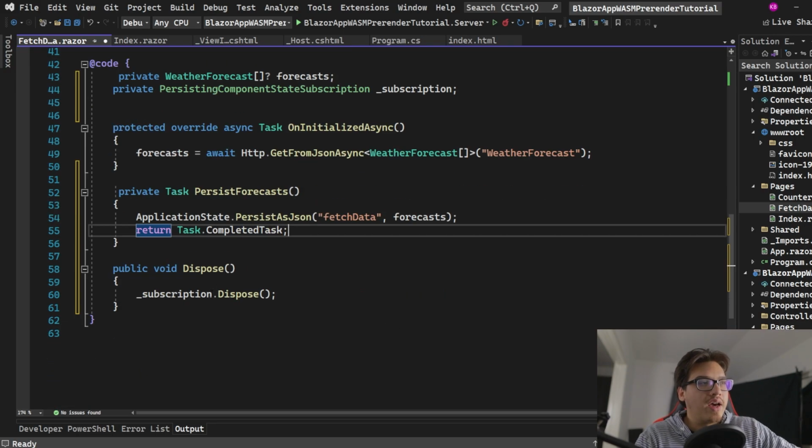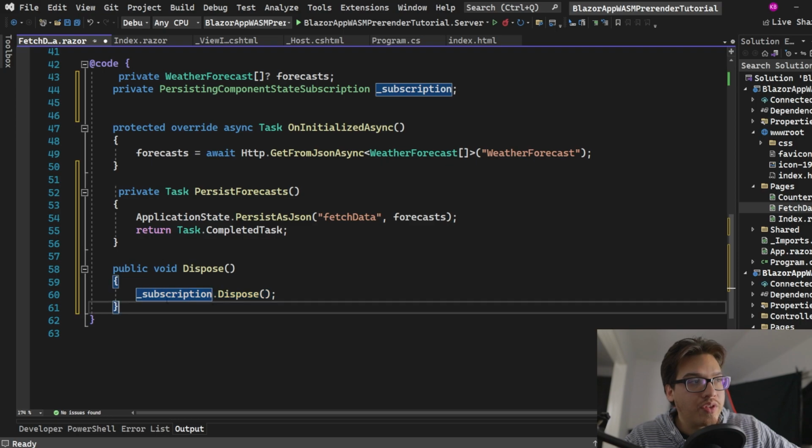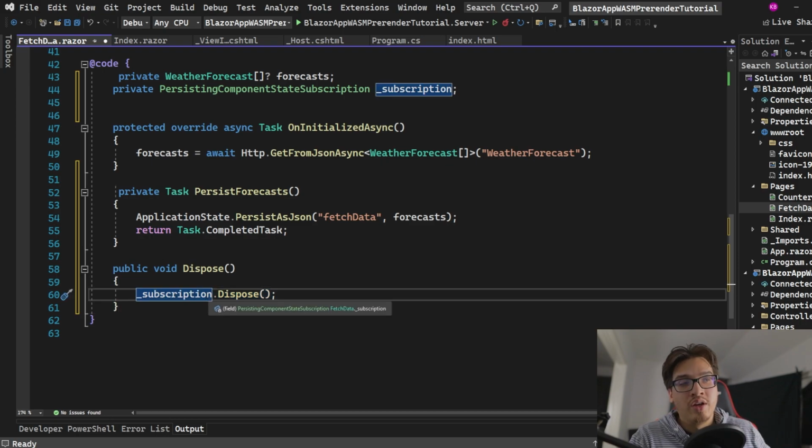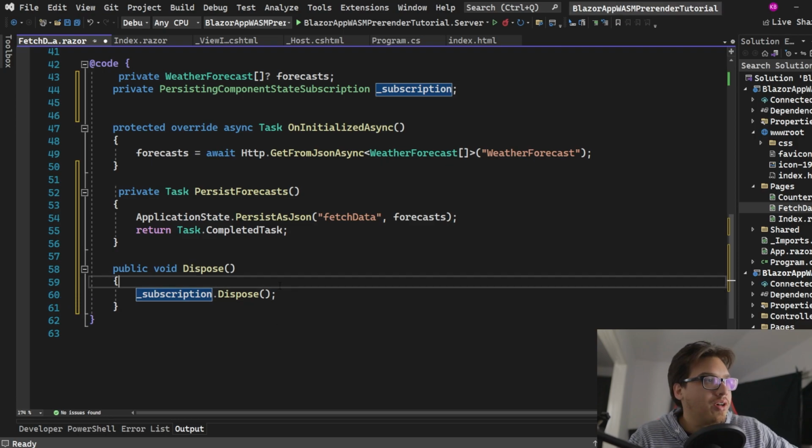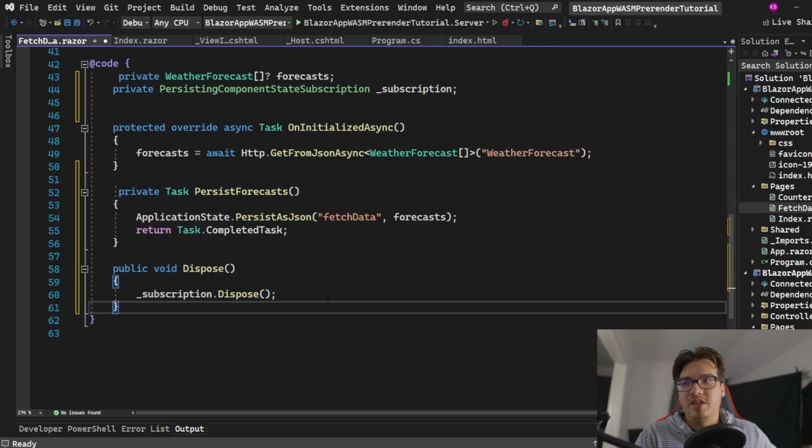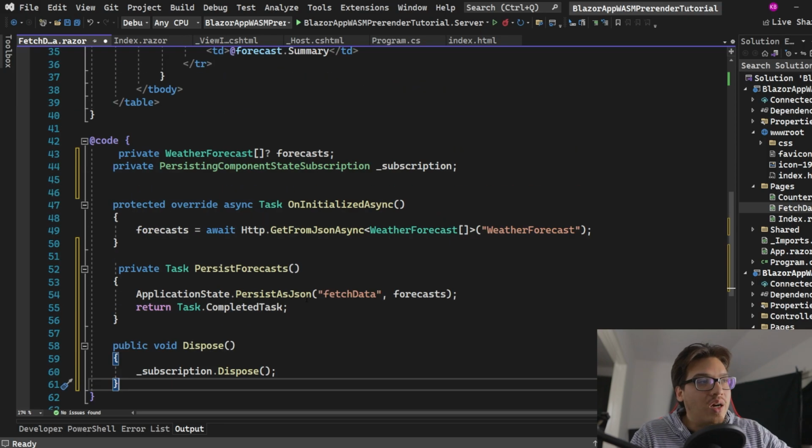So that's why you need that, and you need to dispose of the subscription, because anytime you make a subscription, you have to tell it to shut off, or else you might cause a memory leak or something like that. Essentially, you're in charge of getting rid of this at some point. It has to do with how we subscribe to get information from stateful data. That's a whole different thing altogether. I know this is probably still not making a lot of sense, but just know that when it comes to